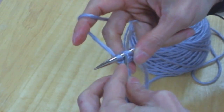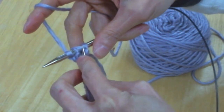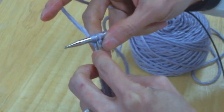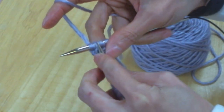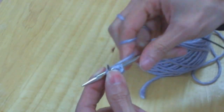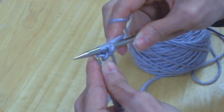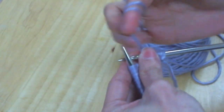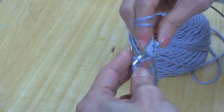You can tell the slip stitch because it's not a stitch that is crossed over. That's your yarn over, the stitch that crosses over like that. The slip stitch is a straight stitch, so it's just a stitch that sits there. That's the stitch you're going to pass over your knitted stitch. So just drop that off like that. And that's called slip one, knit one, pass slip stitch over, purl one,